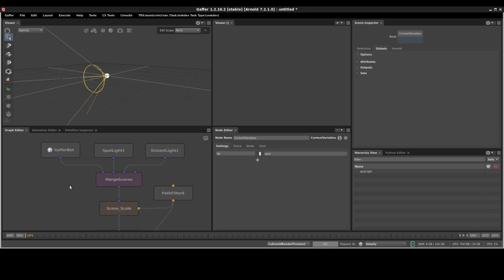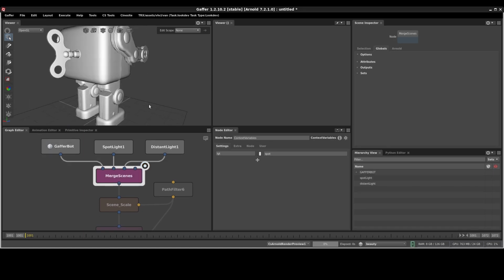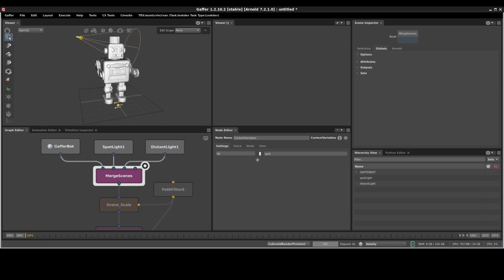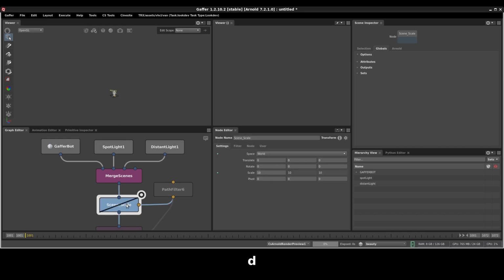Now let's have a look at another example. Maybe not the most production related scene, but let's say I have a Gaffer bot and 2 different lights, and let's say I wanted to scale my whole scene for whatever reason by a value of 10, for example. You can see that while this works, the light visualizers in the viewport are not scaling accordingly. So the higher I scale the scene, the harder it is to see where the spotlight is actually shining on